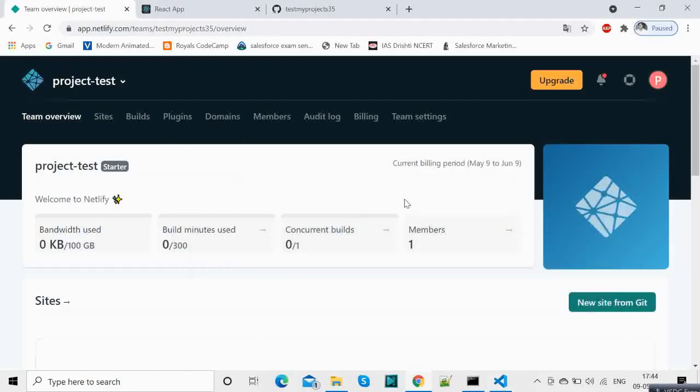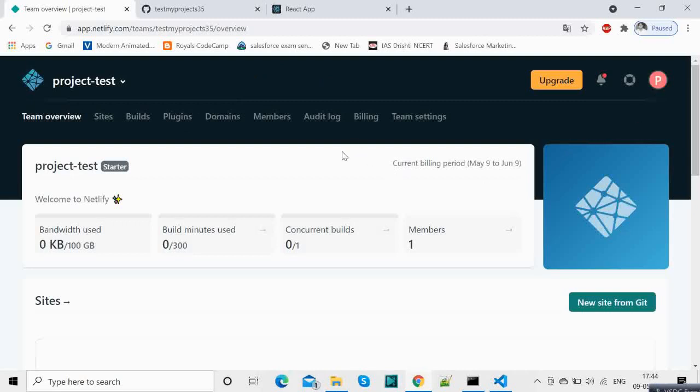But if there is, let's say, a big team working on that project, there will be multiple code reviews, multiple pushes and all those things. Then there should be a particular workflow through which the project gets pushed inside GitHub first, then there is review, then the project is deployed to Netlify.